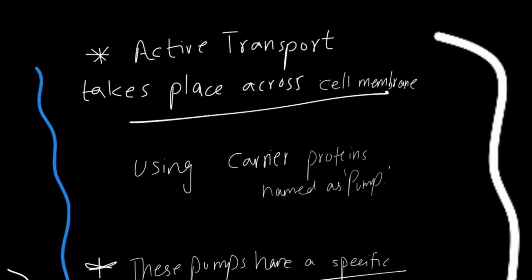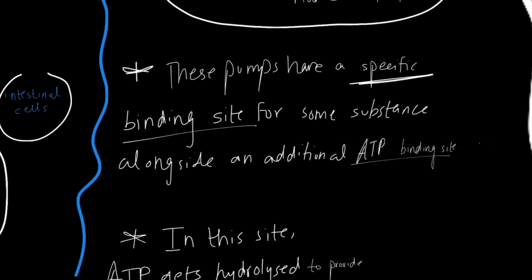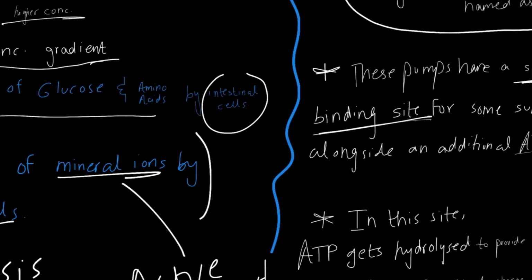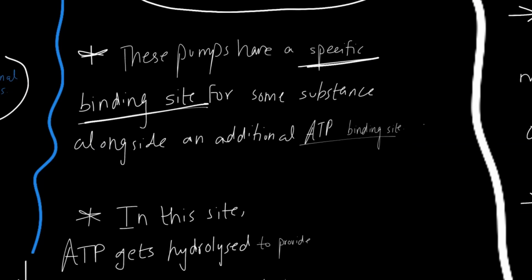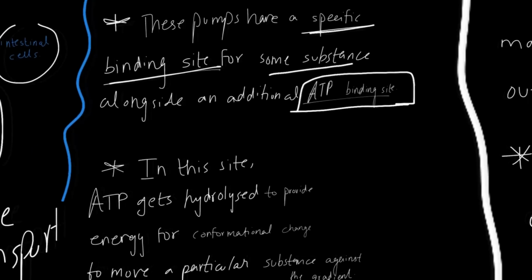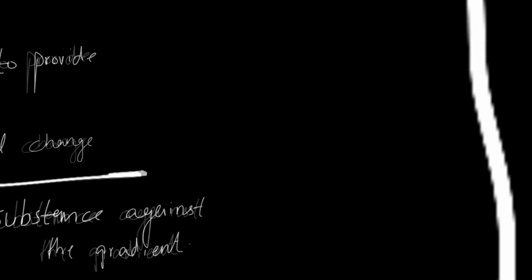So previously we've studied how active transport actually takes place. It takes place across the cell membrane using carrier proteins named pumps. Those carrier proteins have a specific binding site for some substance, for example glucose or amino acids, whichever one wants to travel inside the cell. And the second binding site is an ATP binding site on the bottom side of the carrier protein, where an ATP molecule gets hydrolyzed and provides energy for the conformational change to move this particular substance across against the gradient. For example,